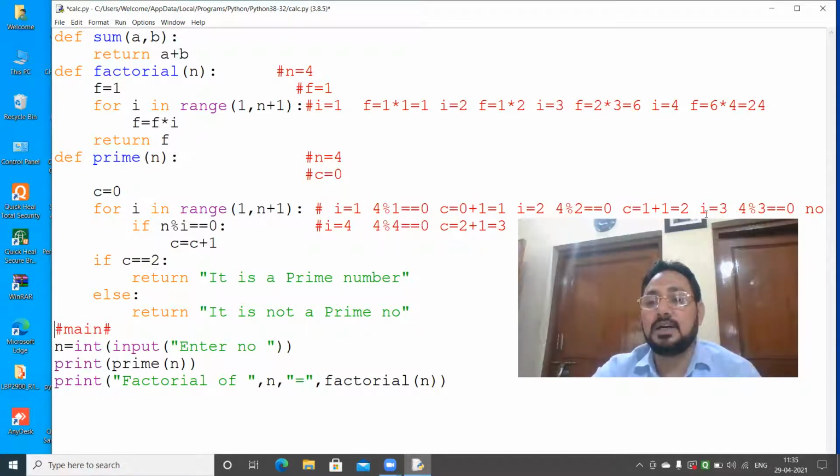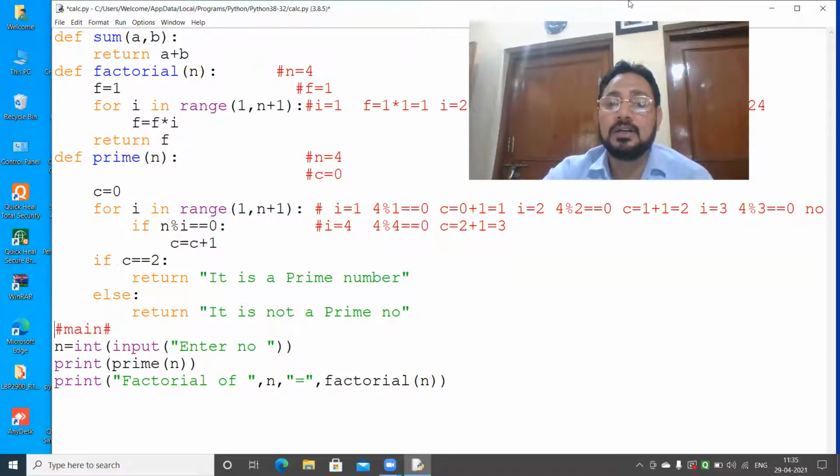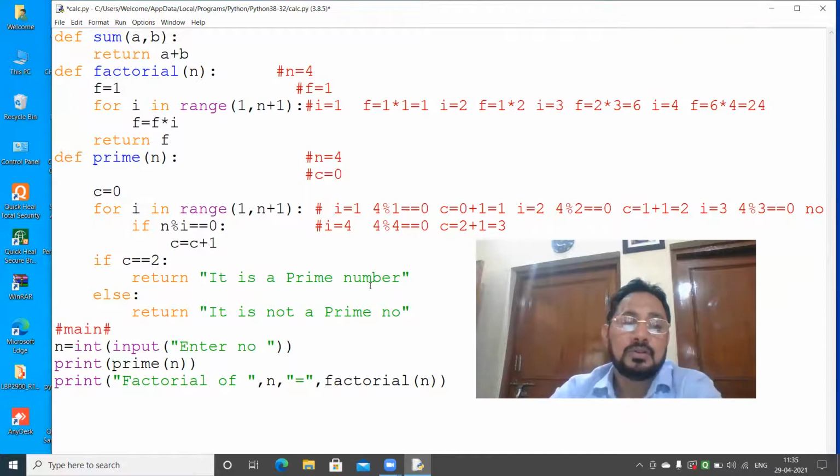These 3 factors are 1, 2, and 4. So that is why it is not a prime number. So what we are doing here, if c equals to 2, we are returning it is a prime. And if it is not having 2 factors, it is more than 2 factors, then it is not a prime.